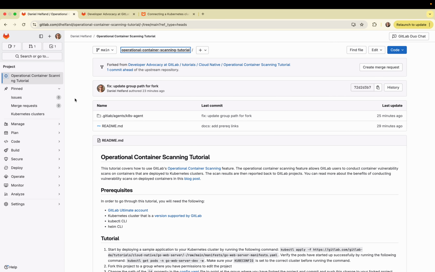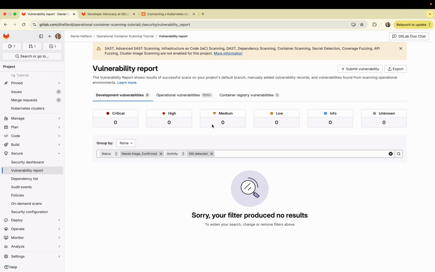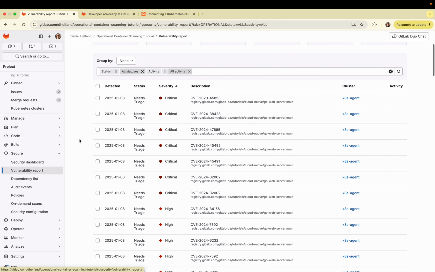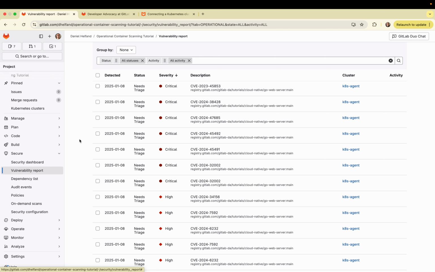The last thing we want to do in order to see the vulnerabilities revealed from our scans is to come out to our Secure tab here of our GitLab project, go to the vulnerability report button, and then click on this operational vulnerabilities button. You're seeing here that quite a lot of vulnerabilities are reported with this particular container image. The image name is located under the description of the CVE that is revealed. You get this nice information about the severity of the CVE and how soon you should look into addressing this particular